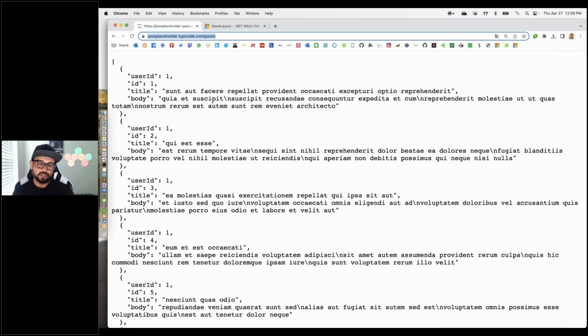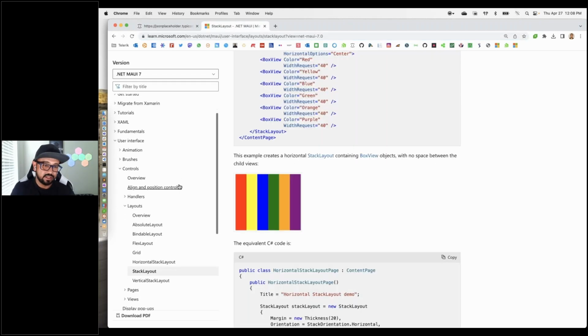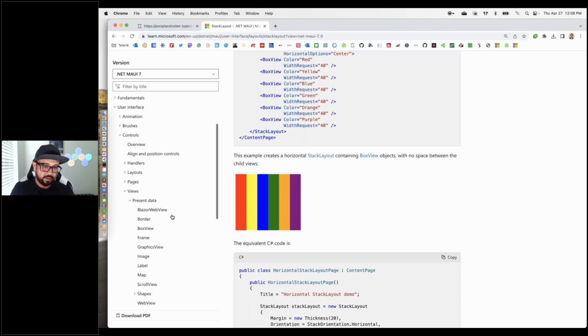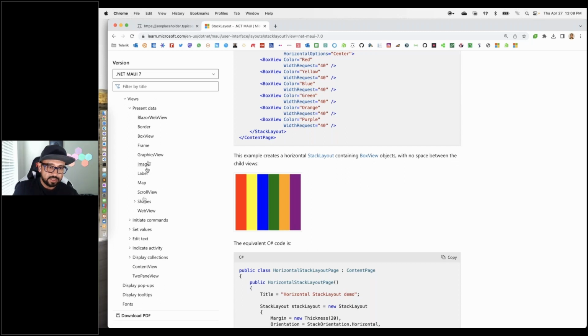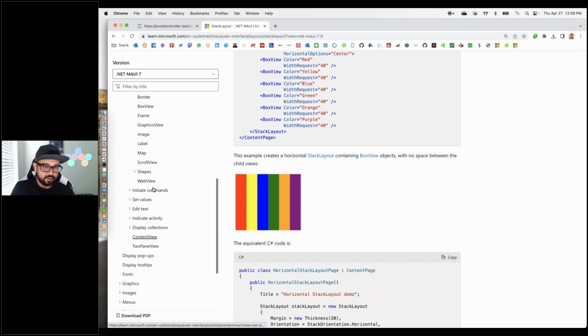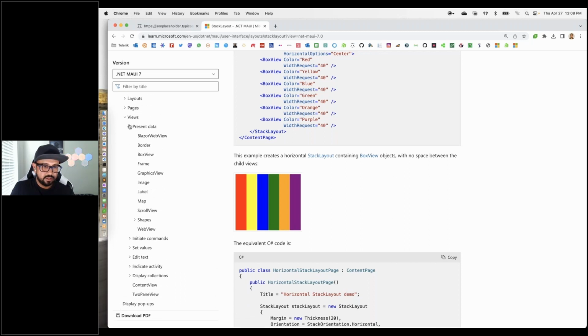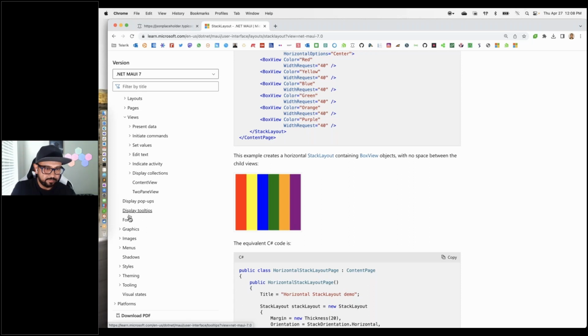There are multiple ways in which you can show a collection of things. In fact, it's one of the most common things that mobile or desktop apps end up doing, showing a collection of things. So if you go look at the views here, there is present data. The BlazorWebView, don't go into that just yet because we'll look at that with Blazor. But any of the other ones, they're all there for presenting data or a collection of things, right? So you can use grids, you can use list views, and those are actually in the where is that present data? Let's look at